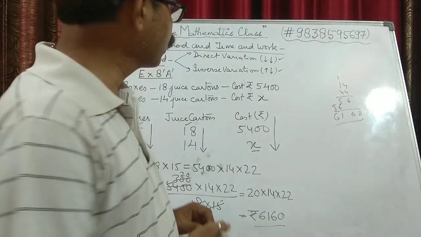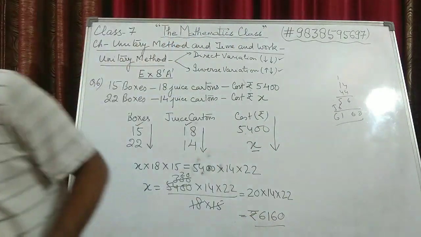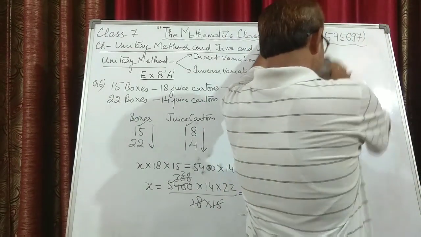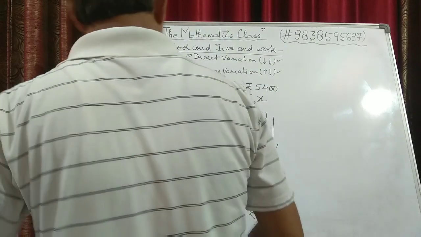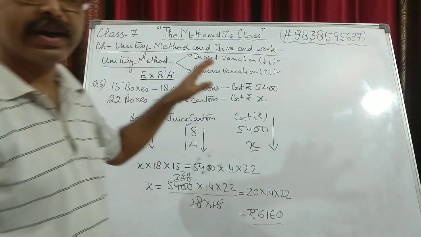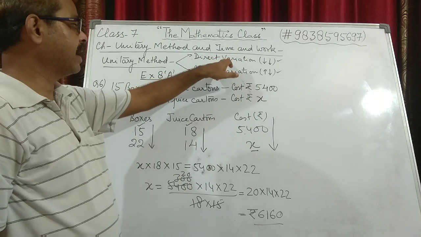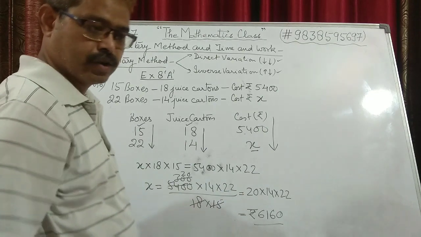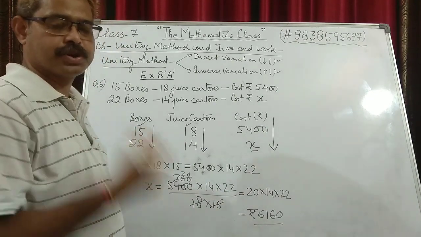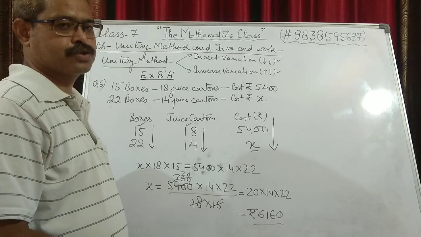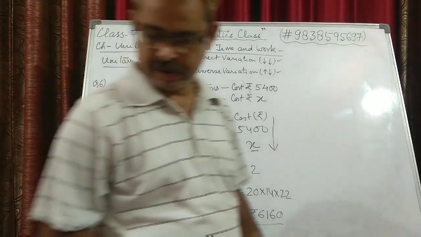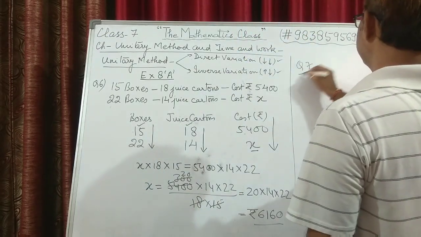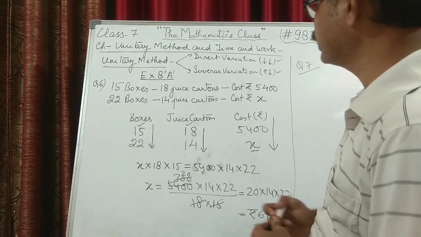So I expect all of you to practice and revise what is being taught. Please watch this video carefully at least 2 or 3 times. Then you will understand the concept of direct and inverse variation. All these questions will be done in your fair notebook, whereas the questions which are left will be done in your practice notebook. In the next class, we will be discussing from question number 7 onwards. So you will be doing the questions up to question number 6.